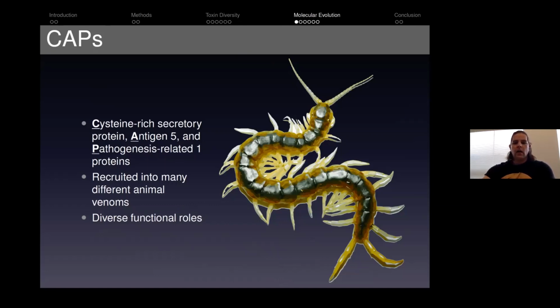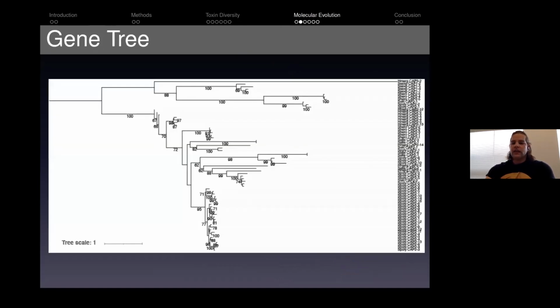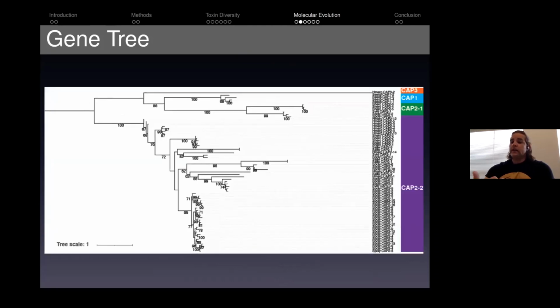So for analyzing all of the different CAP proteins for the members of Scolopendromorpha that I have data for, I generated a gene tree, which we can see here. So we can see that we have some relatively long branches here and some shorter branches here that are more recently diverged. And so this closely resembles what we've seen in some of the other work that's been done in all of the centipede species, principally by Undheim from Australia when he was doing his PhD and postdocs there,